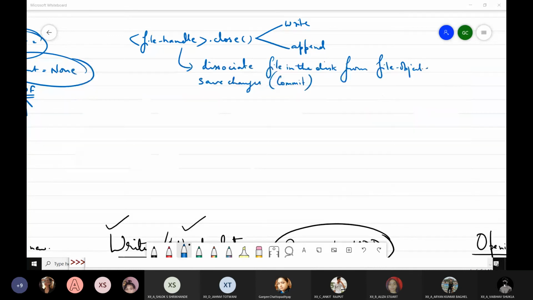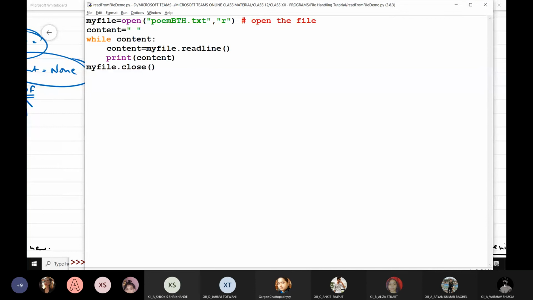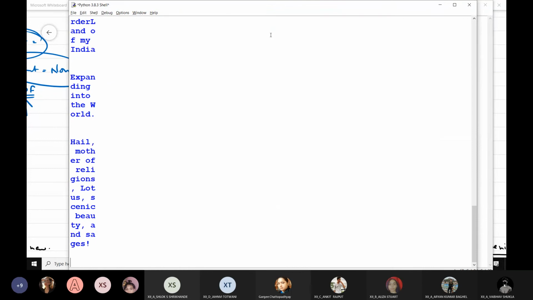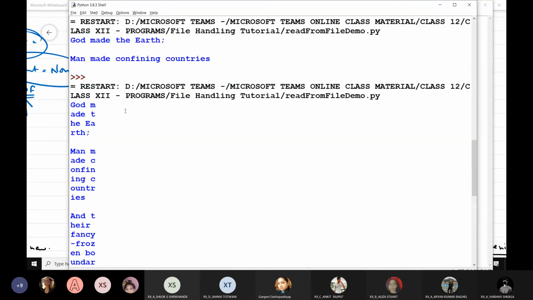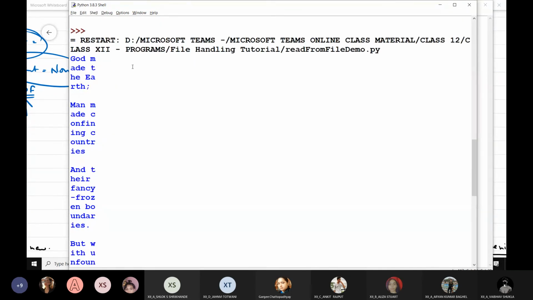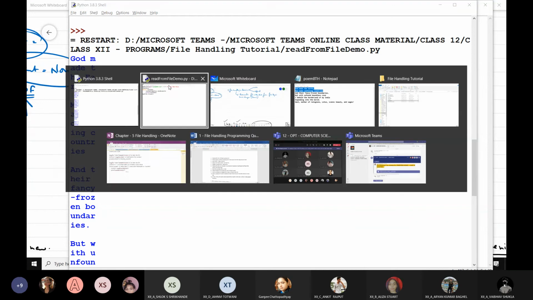So this is how we read the content of the file line by line. Now I'm just changing this to readline 5. What is going to happen? So let's run the program. Okay. Now you can see over here, every line is read. Everything is read from the file, but 5 bytes at a time.